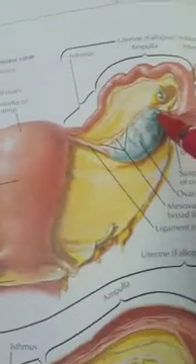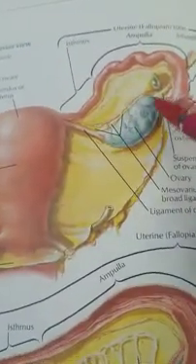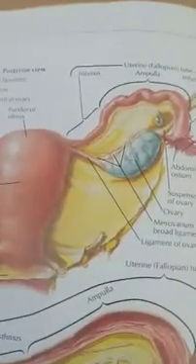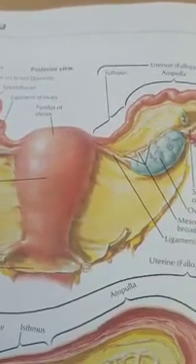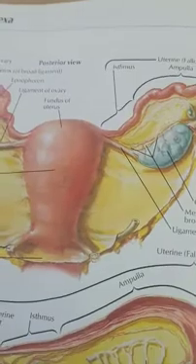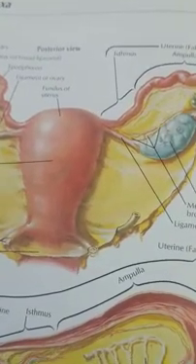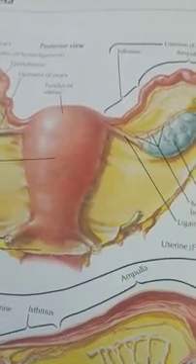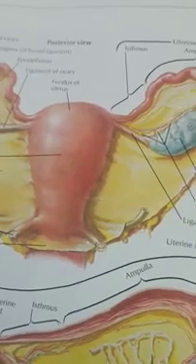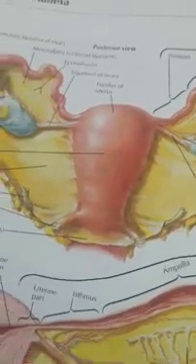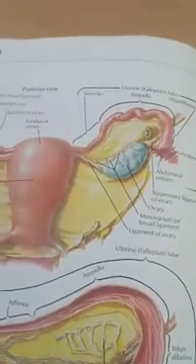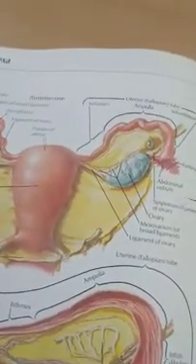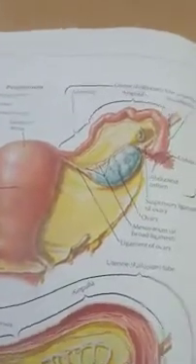Okay, we will learn each of the components. First one is the ovary. So this is the ovary. The ovary is the female gonad, and it produces the ovum which helps in fertilization to form an individual. So this is known as the gonad, which produces the gametes. The ovary is situated in the ovarian fossa, and the ovarian fossa is in the lateral pelvic wall, in the pelvic cavity.